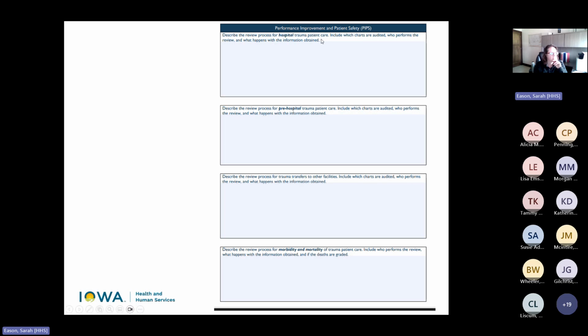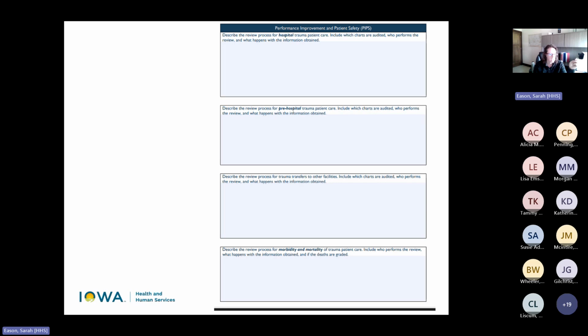Review process for your hospital. This is essentially your PIPS policy in a nutshell described here. How you are finding your issues, first of all, how you're validating them, review your levels, your conclusions, your loop closure. Again, essentially your PIPS policy summed up in that box. The pre-hospital box, this is how you incorporate EMS liaisons or your medical director for local EMS agencies, how they're incorporated into the multidisciplinary trauma committee, how their charts were reviewed, how QI and PI happens with EMS partners.